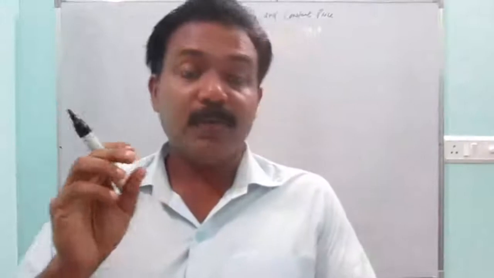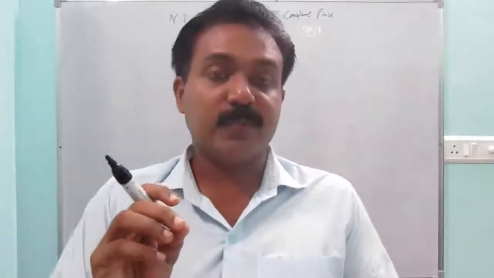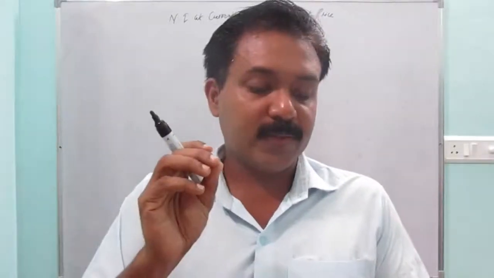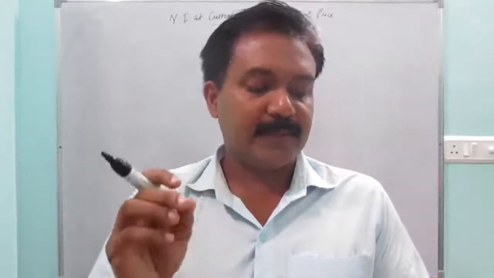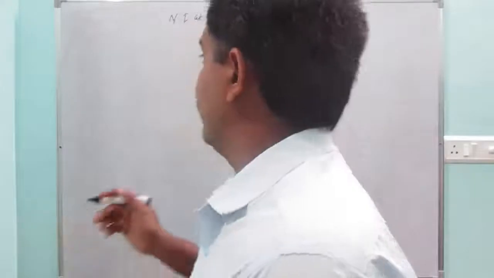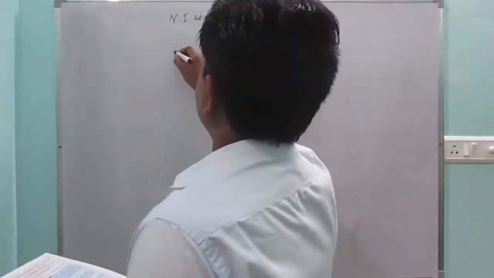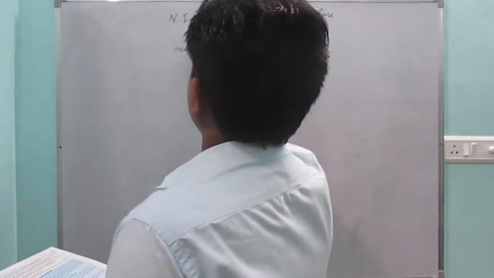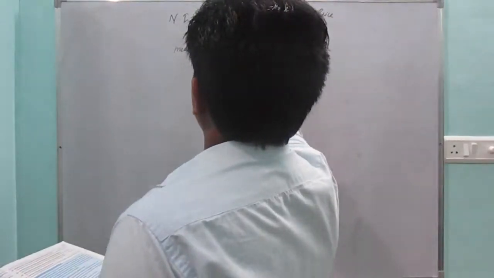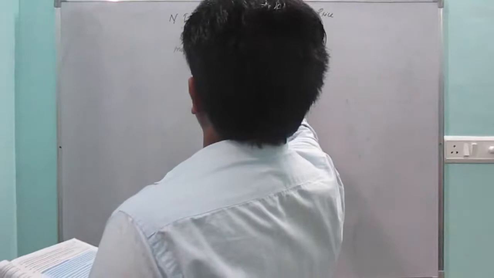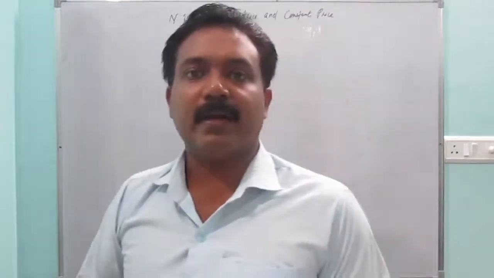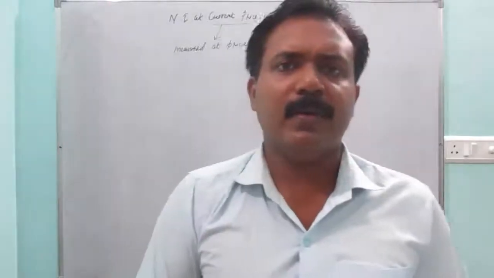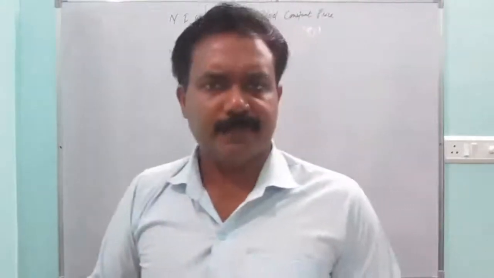It is the money value of final goods and services produced by normal residents of a country in a year, measured at the prices of the current year. So, current price means measured at current prices. Value of output, when we are seeing.